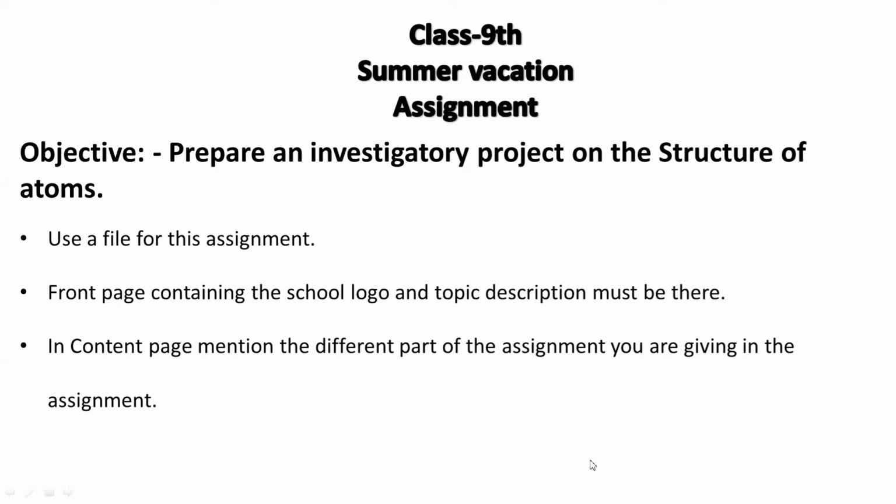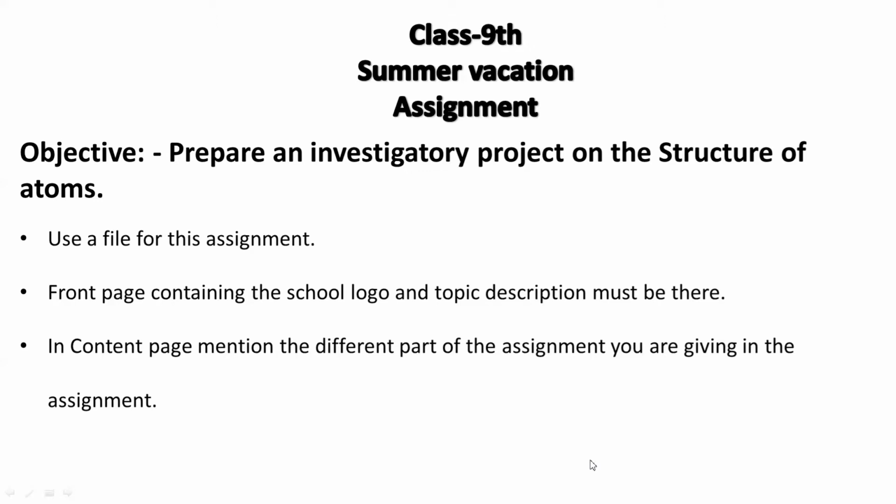The summer assignment which I am going to give you is the preparation of an investigatory project on the structure of atoms. So how to prepare this assignment? You have to use a file, which can be bought at the stationery shop.